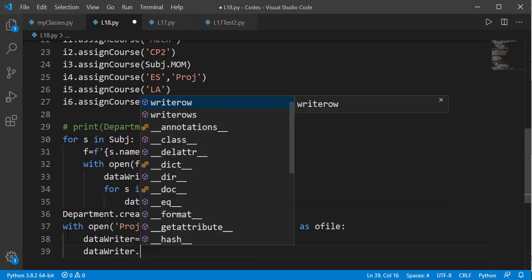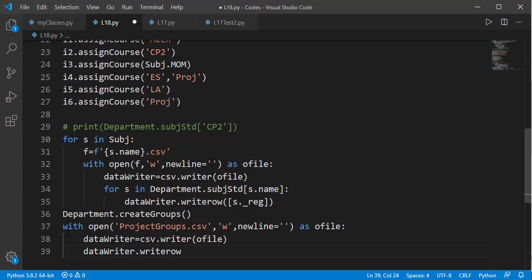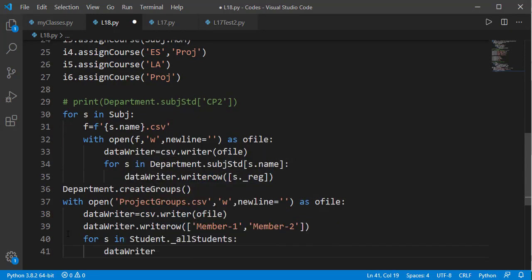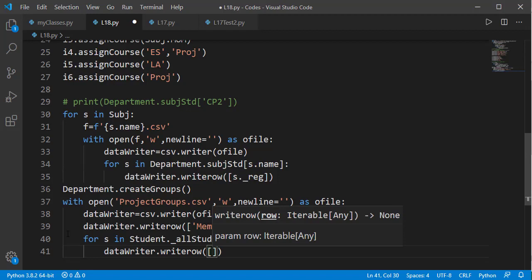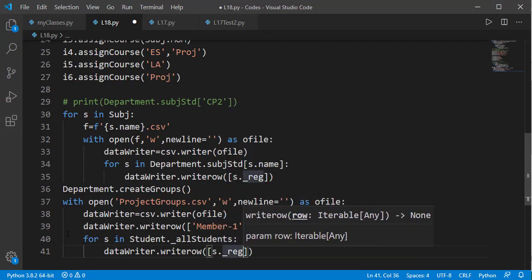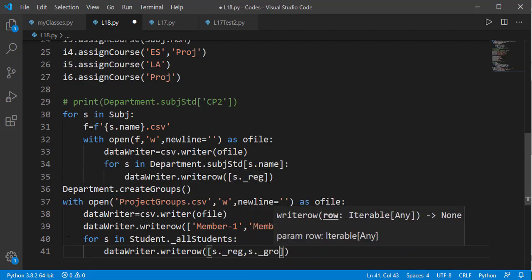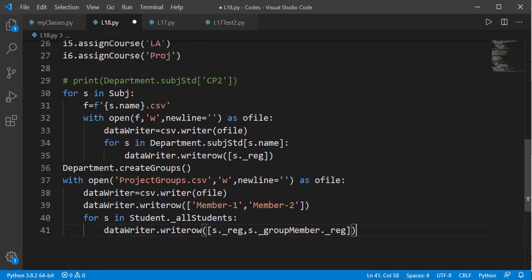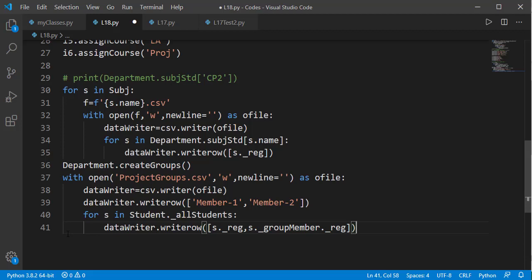We will write the registration number of the student and its group member. Note that if total students are odd, as in this case, the group member of one of the students is not set. So we should apply an appropriate condition.